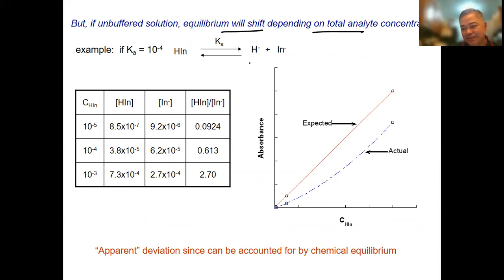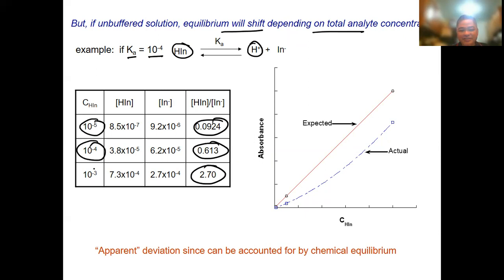So what will be favored depends on this concentration and this concentration. So if the Ka is equal to 10 to the negative 4, you will have different ratio here. And depending on the concentration of your indicator, you will know that the actual absorbance will deviate